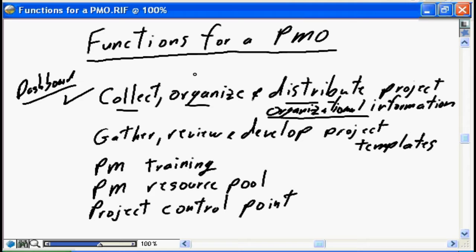Another common function for a PMO is to gather, review, and develop project templates. Predefined, fill-in-the-blank templates. These could be for project plans, so they're MPP files. They could be templates for actual project deliverables, so we may have Word templates,